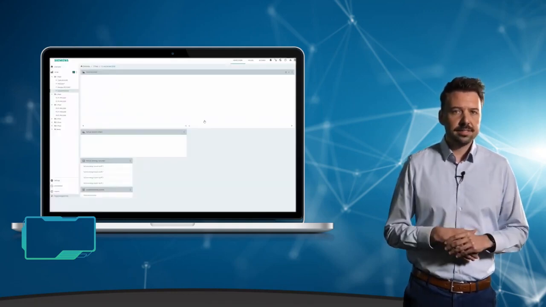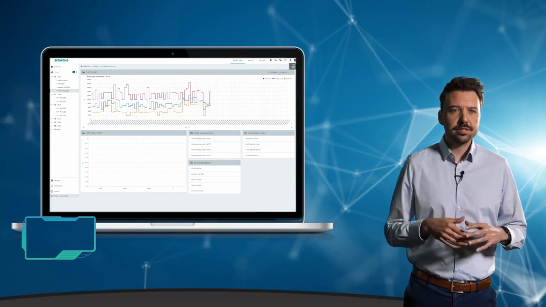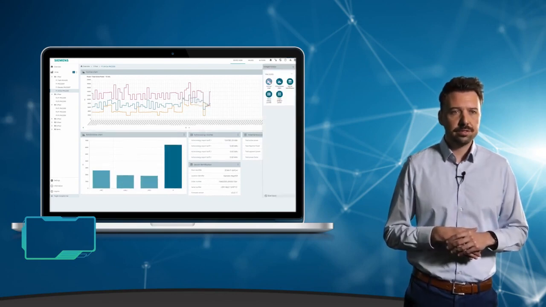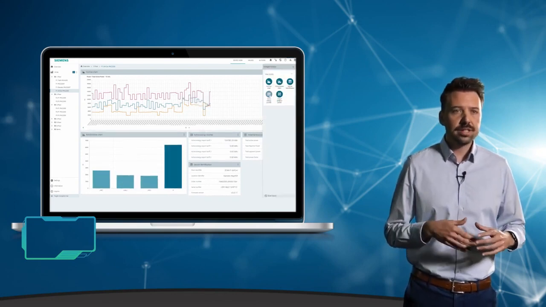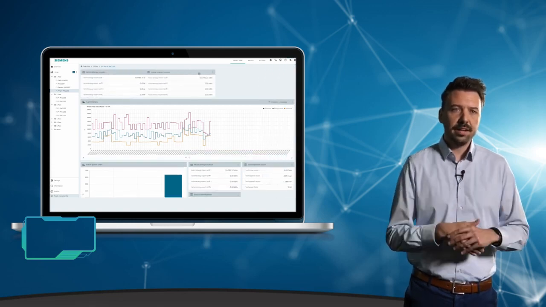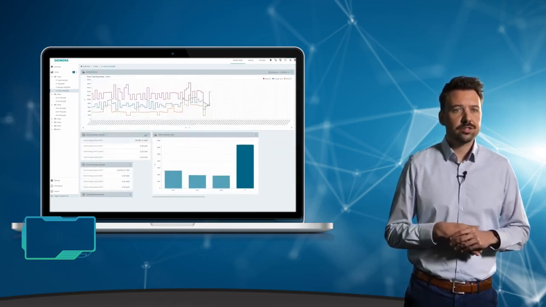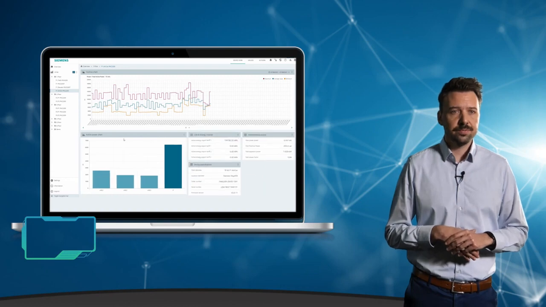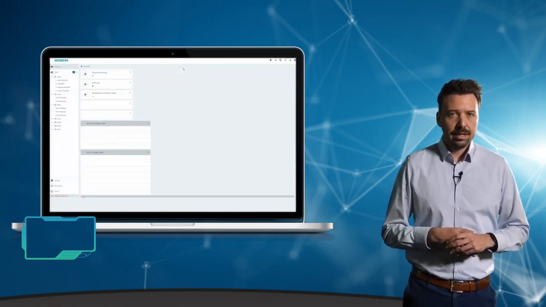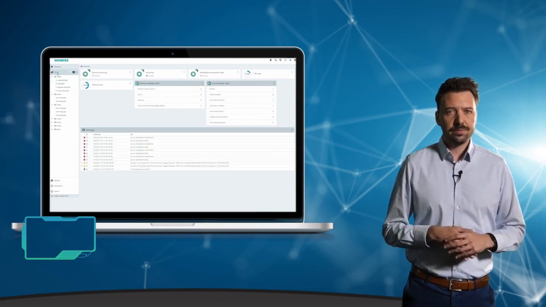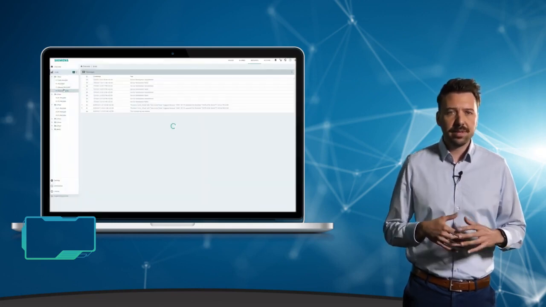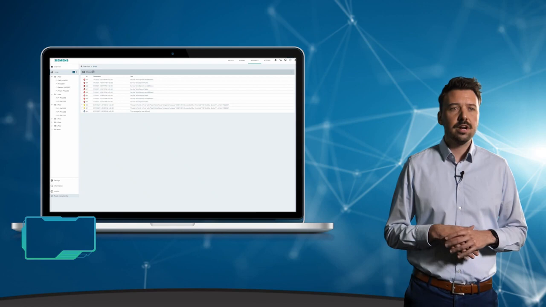When you select a device in the tree structure, so-called widgets on the right will show detailed information. These widgets or objects are pre-configured and can simply be added from the library using drag and drop and then arranged individually. There's no need for a lot of parameterization work. In addition to the measured variables, there's also the option of displaying messages from the individual devices or having them